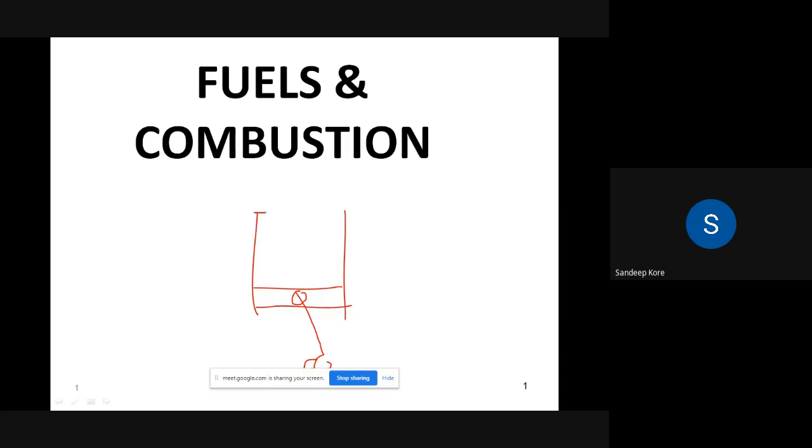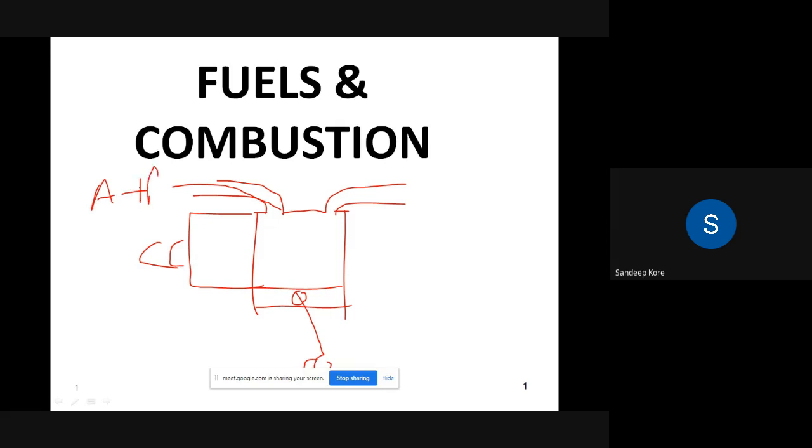Okay, so I have drawn this IC engine. You have the inlet pipe here and the exhaust pipe here. Whatever the volume above the piston, this is called the combustion chamber. We are admitting an air plus fuel mixture in the case of an IC petrol engine. When it enters, it is given some swirling flow.